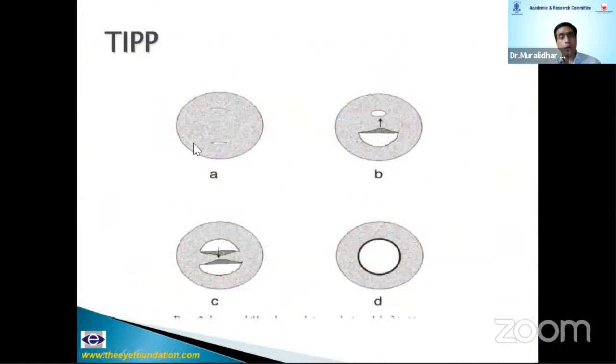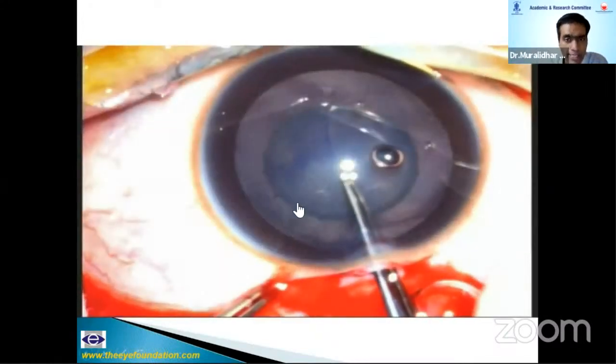For less than 1 year old child, I use the tip technique that was proposed by Hamada and Kenneth Nischal et al. You make 2 incisions, one distally, one proximally, push this to the other, and pull this to this. You almost always get a rhexis, very valuable in less than 1 year.